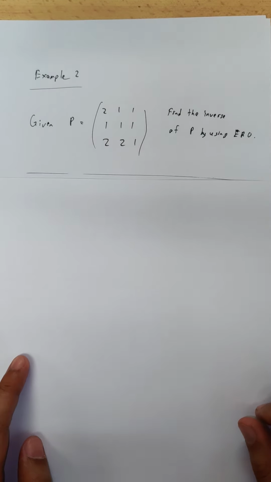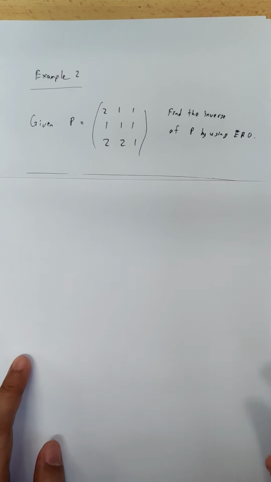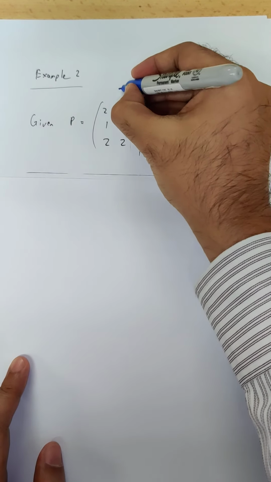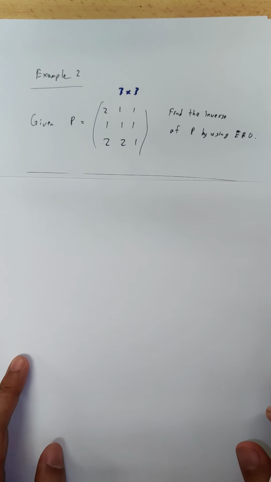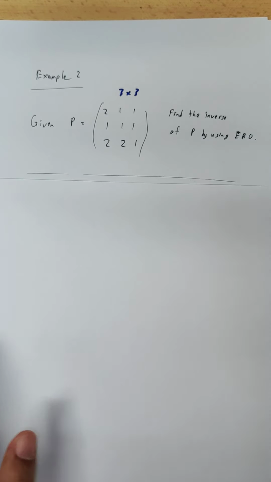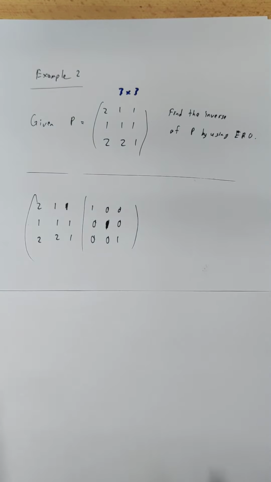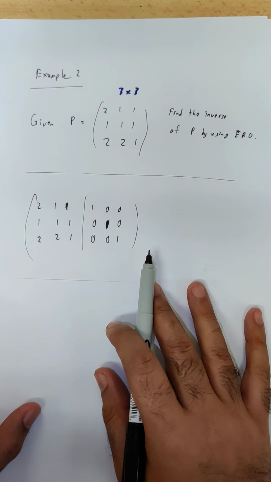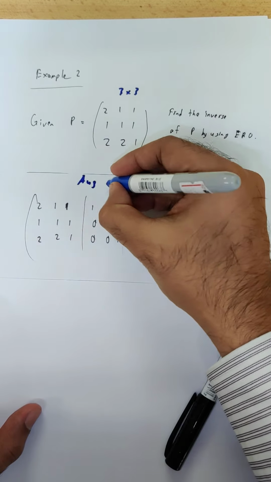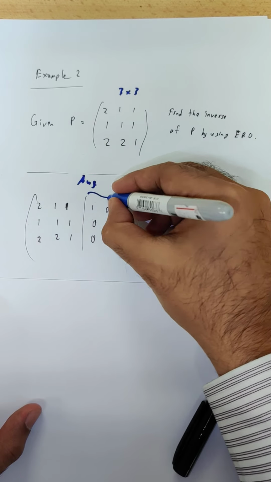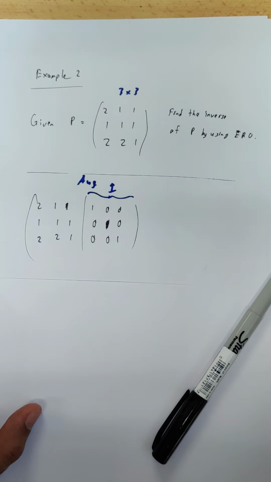Okay, alright, so let's start through the next example, example 2. This time, this is not like just now, this is 3 times 3 matrices. The steps are still the same, but it's going to be a little bit more difficult. So let's begin. The first thing that we do is turn it into an augmented form. Remember why we call it an augmented form? Because you can see on the right hand side is the identity.